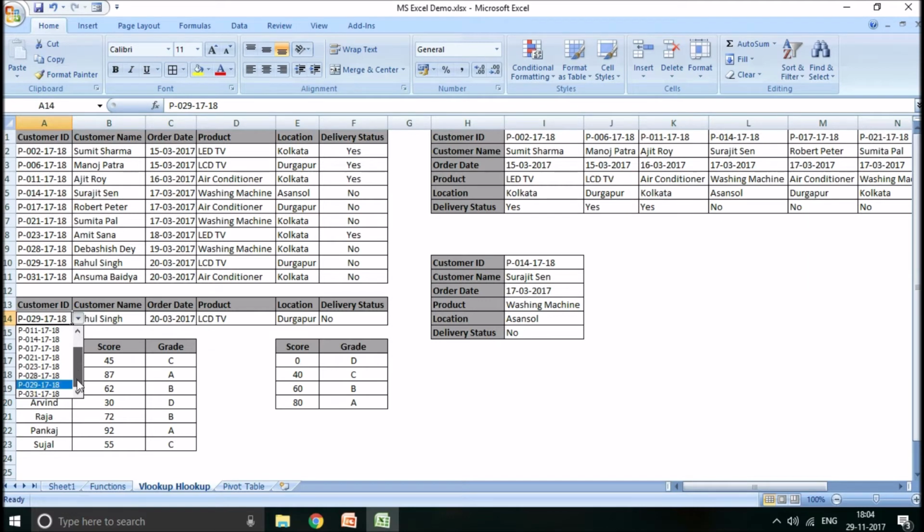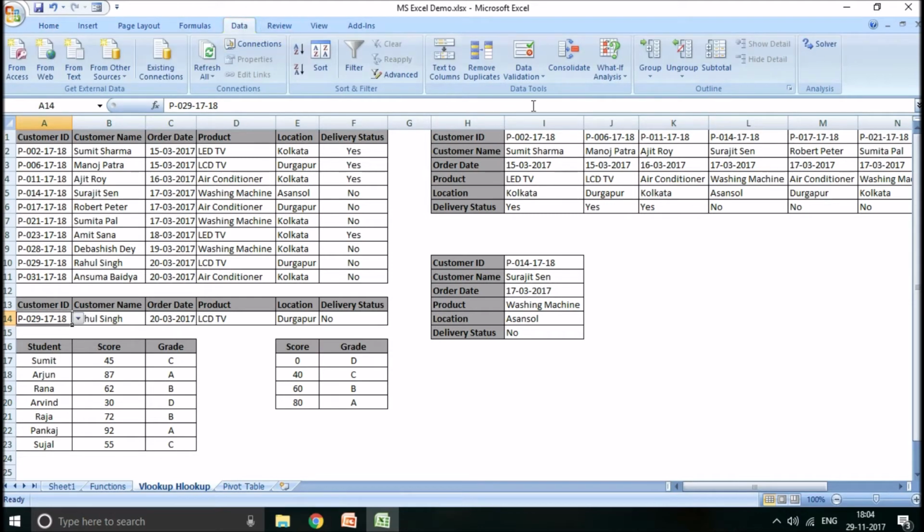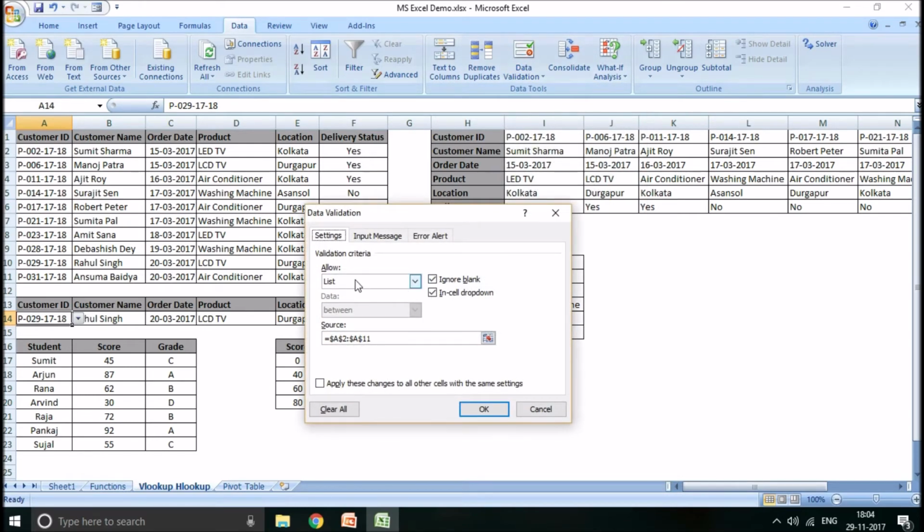So how I have done it is, this is known as data validation. Let me select that cell, go into the data tab, get into data validation. In the settings I have said please allow a list, not any value, not whole number, please allow a list, and I have selected the source from customer ID. If you see A2 to A11, I have selected the entire source. So it allows the user to select only the data within that particular source which is put in the data validation.